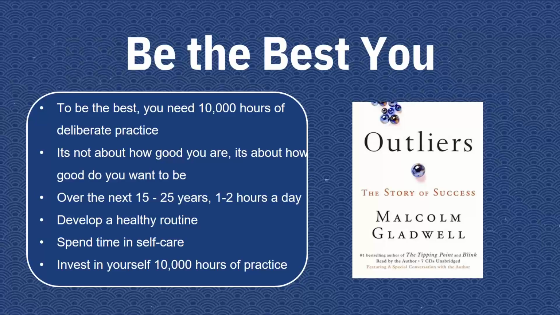And along with that, it's just being the best you. And so Malcolm Gladwell came out with a book a while ago called Outliers, and just looking at what makes professional athletes, why are they so much better than amateur athletes or some of those things. And so one of the things that he talked about is the professional athletes have at least 10,000 hours of deliberate practice in whatever sport they're in. He talks about Wayne Gretzky. You know, why is he the best hockey player? Why is he so much better than everybody else? And so it's just that 10,000 hours of deliberate practice.